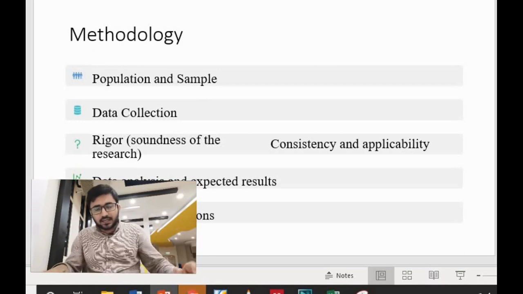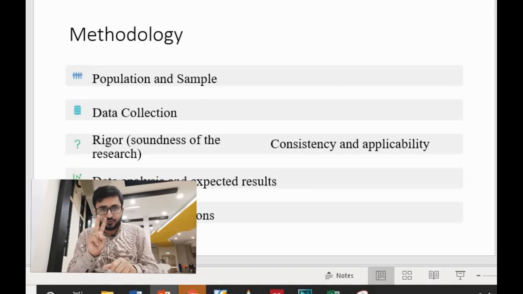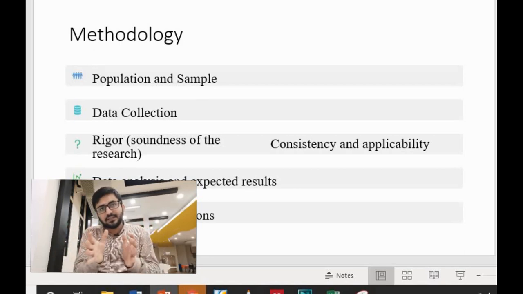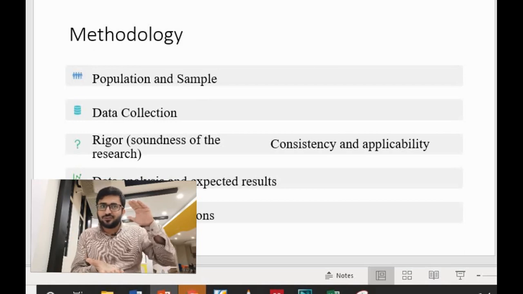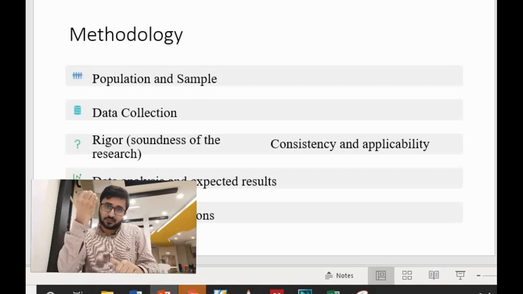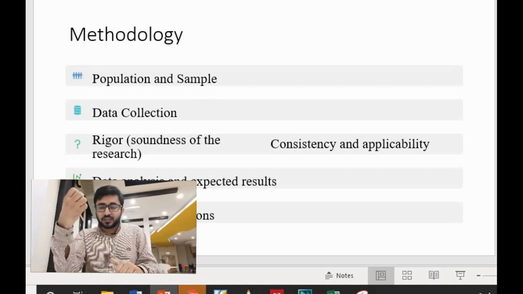I will not explain it in detail, but in sampling we have two types: probability and non-probability sampling. Probability means that you give everyone the chance to be part of the sample, and non-probability means that not everyone has the chance. You can give everyone the chance only if you have a list of the people. Otherwise you cannot, so you can go to non-probability sampling, which includes convenience sampling, snowball sampling, and different sampling techniques. In the first phase you can tell about the population, and that you will do the sampling through